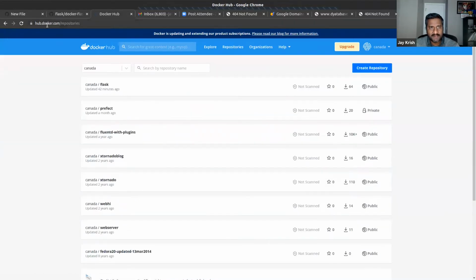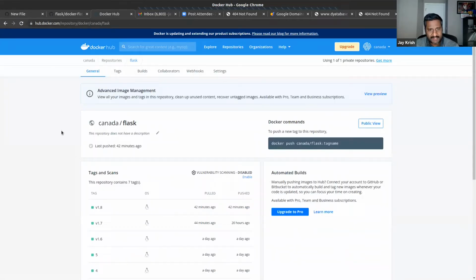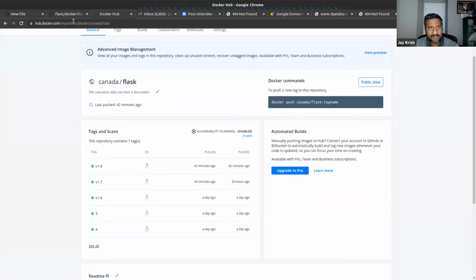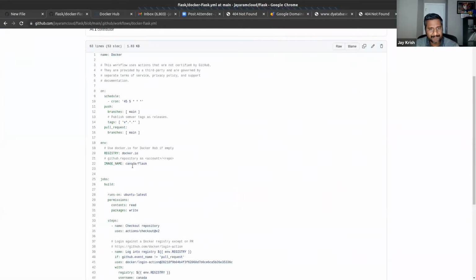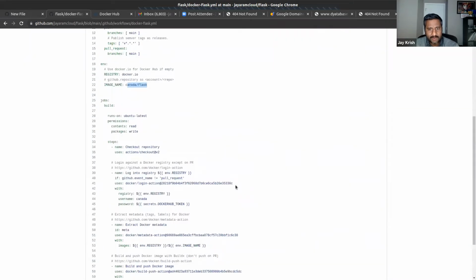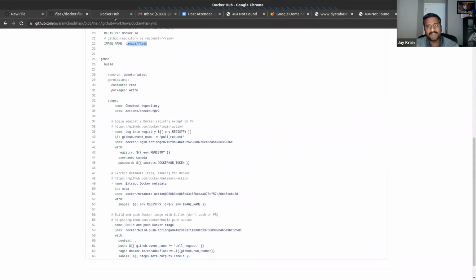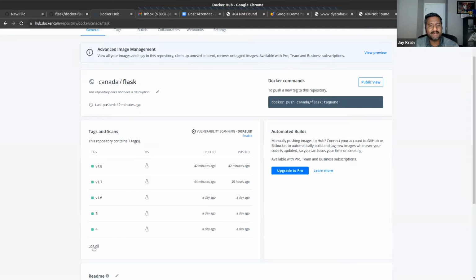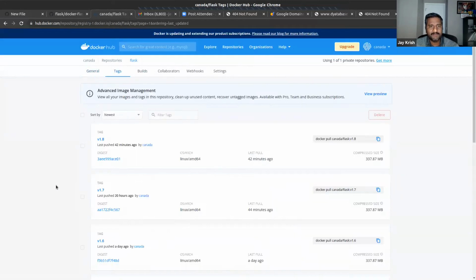In Docker Hub, hub.docker.com, I have Canada as my user ID name, as you can see here. And Flask is a repository which I have. And whatever the output of this build is, it will go to this repository and stay here, is what I would like to show you here.